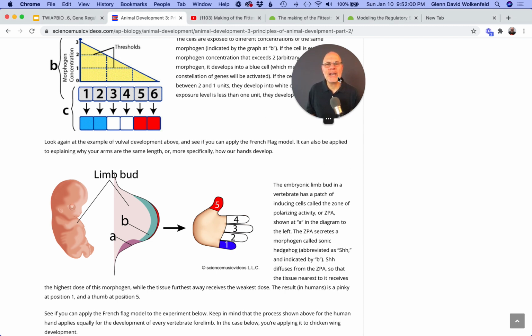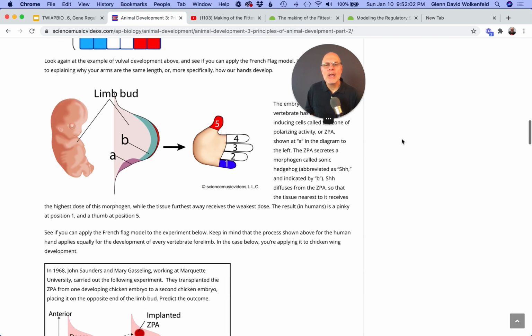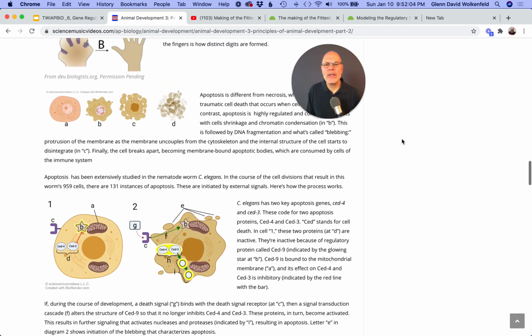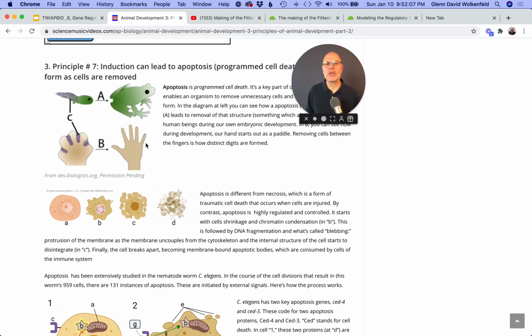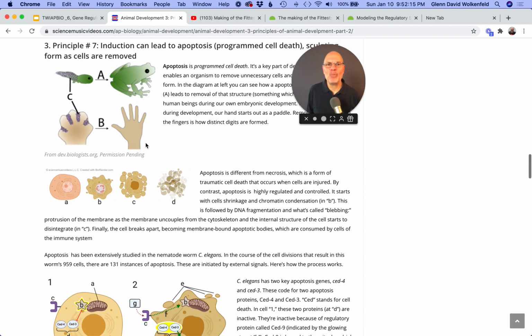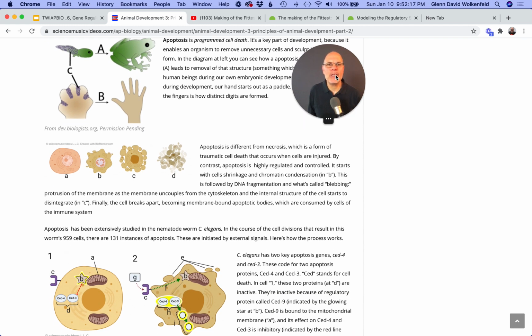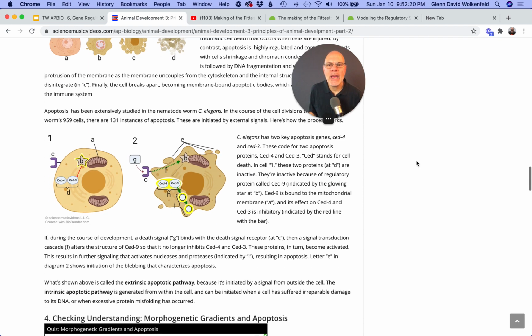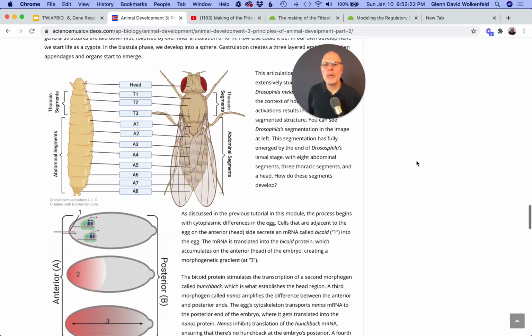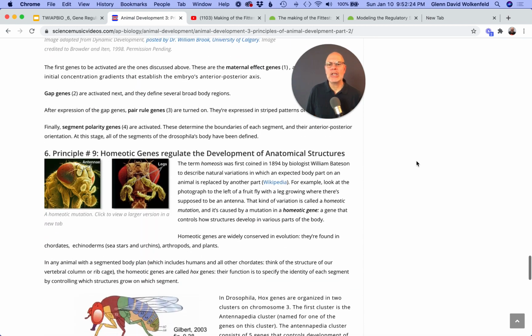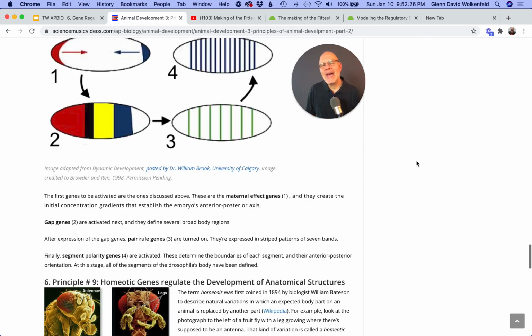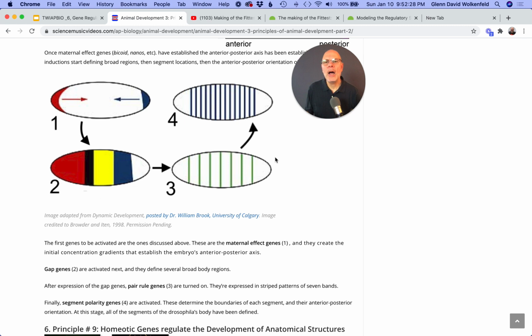So that's the basic idea there. And then this talks about apoptosis, this incredible process by which tissue gets sculpted away through programmed cell death. How does that happen? We talk about some of the signaling pathways that are involved in that. And then finally, all the way to talking about homeotic genes and how sequential patterns lead to, first the highest